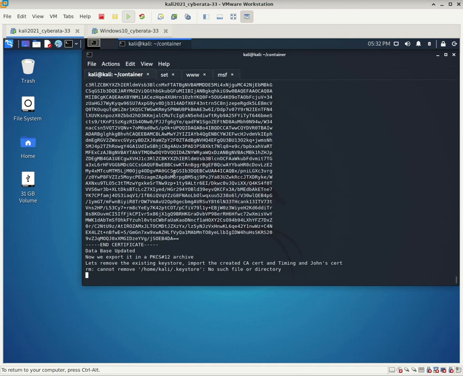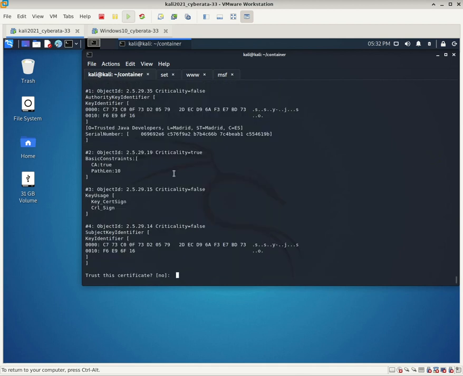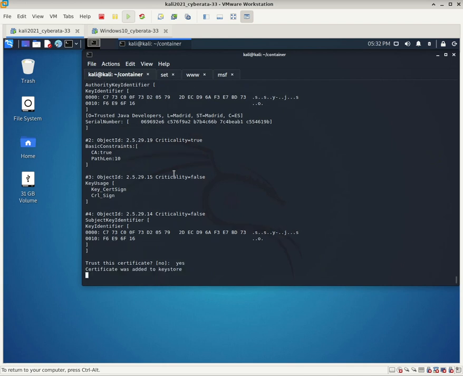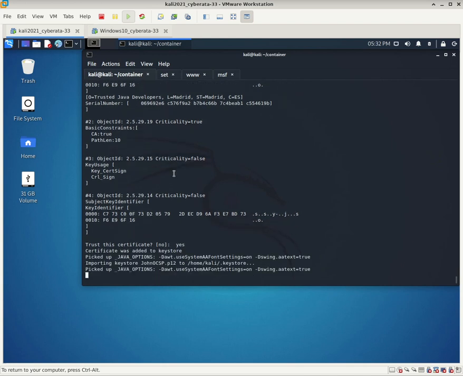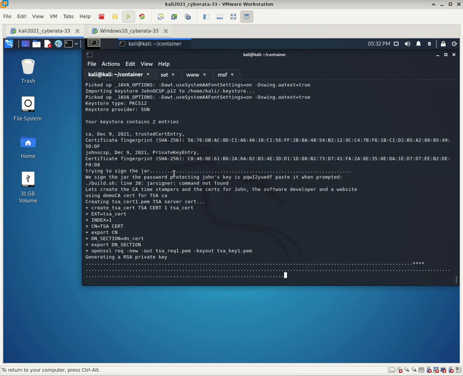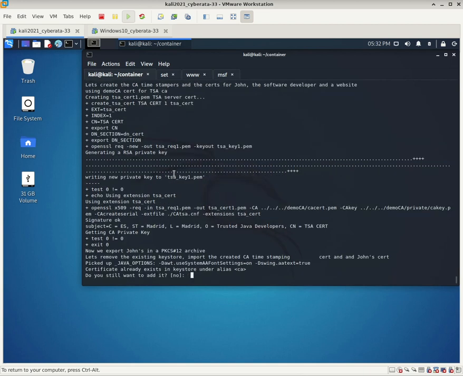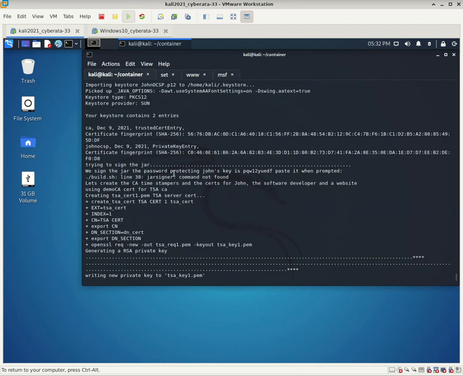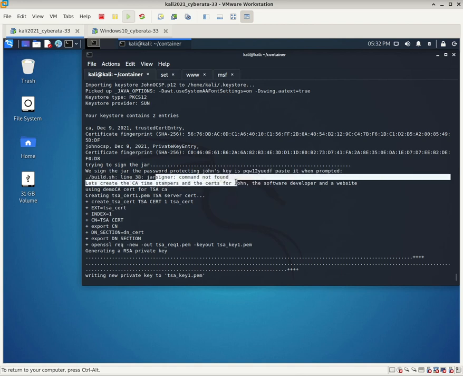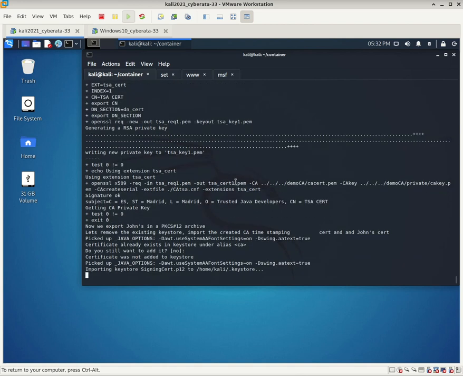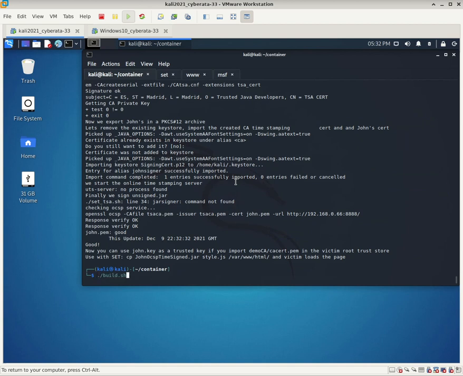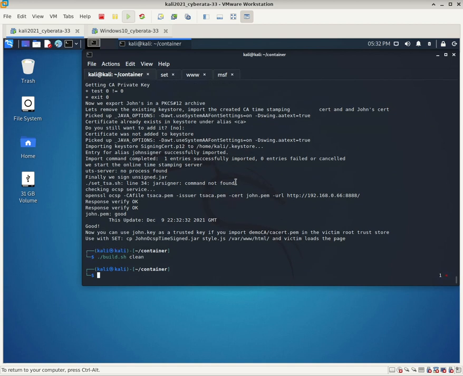Another certificate, this time for the website. Now we introduce the certificates into the key store. Did you see that? Jarsigner command not found. Okay, so jarsigner is not here. So we have to install it. So for that,